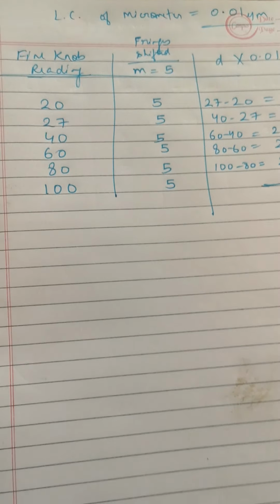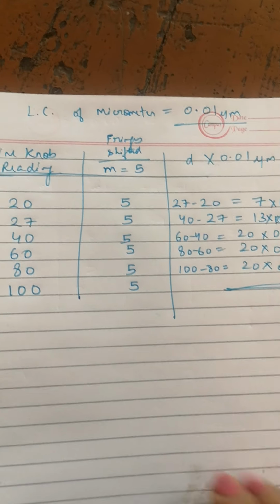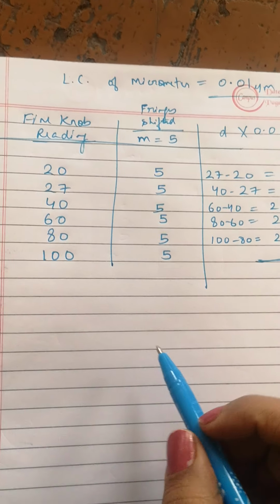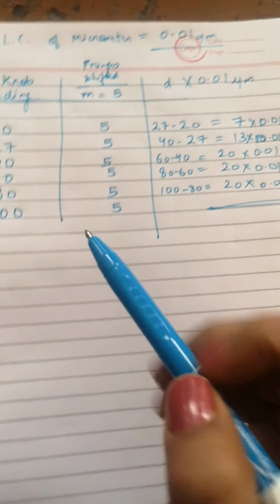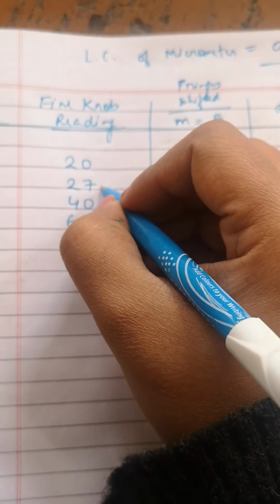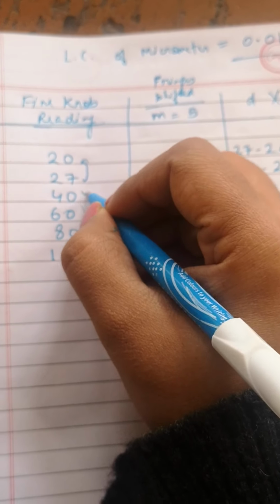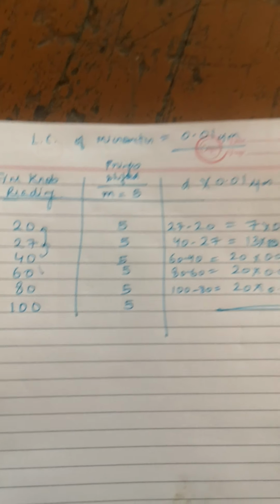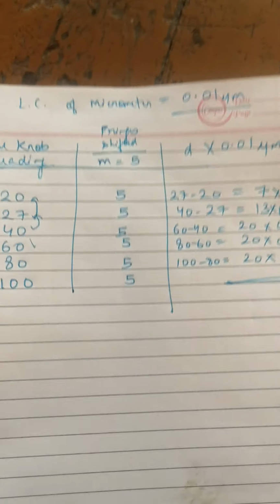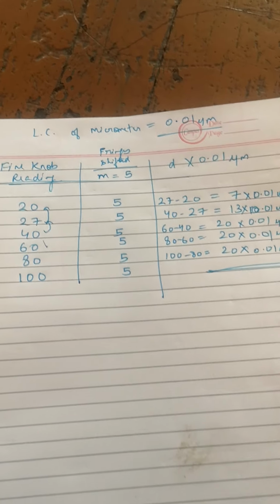So these are the readings which you have taken by passing the fringes, that is equal to 5 every time. As you can see, the fine knob readings are put down here, and after taking the difference, like if I subtract 27.22 from 27.40, you can see the difference table here. This is the whole reading pattern which has been taken for this particular experiment.